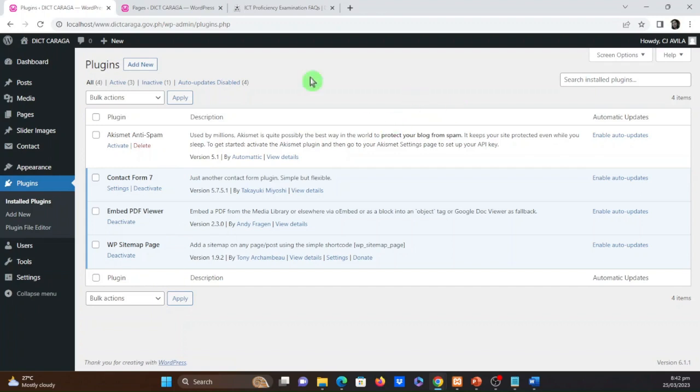Okay, so I guess that's all for creating the menu, and I hope you have learned something on how you can create menu, connect the pages, and combine what you have learned